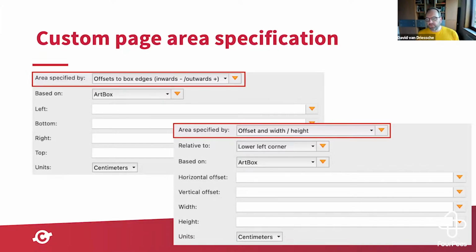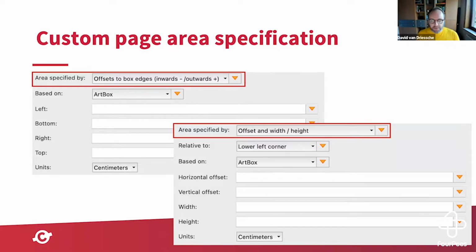Something that is going to save me lots of time, even if only because of what you can see at the top of the top screenshot there: it says inwards is negative, outwards is positive. This is something that I always got wrong in pdfToolbox, so I always had to make a check or a fix-up twice in order to get the desired result. Now I have the explanation right there in the user interface. But more importantly, in those cases where you want to select a custom area of a page,